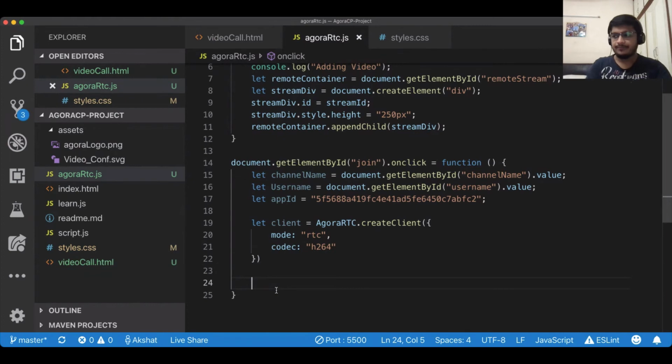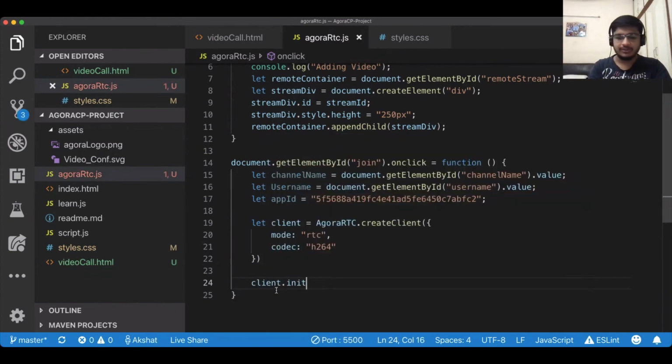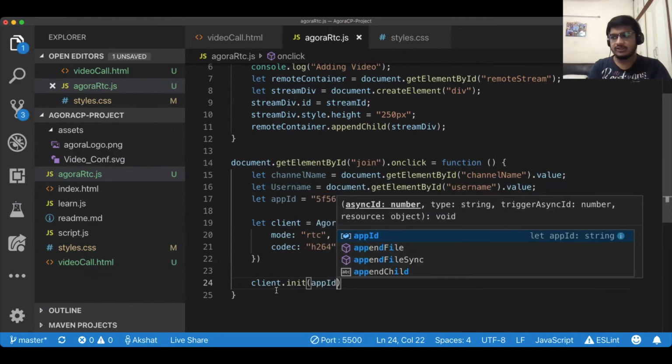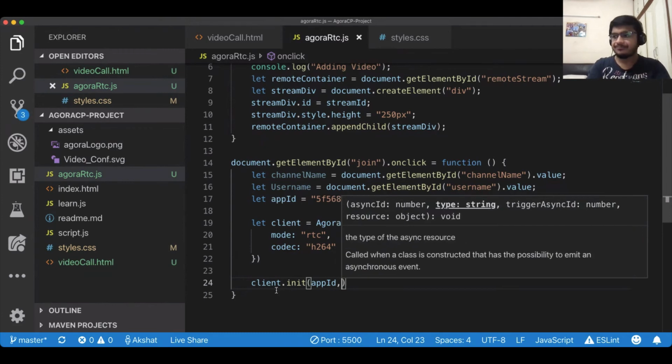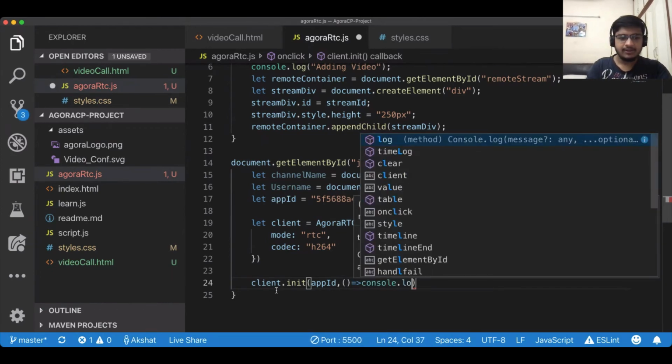So now that we have created a client, we'll use the client for something, right? So I'll use client.init. Again, this is not a JavaScript function. This is an Agora function. If you go through the docs, you'll see what parameters are needed. So app ID is needed.